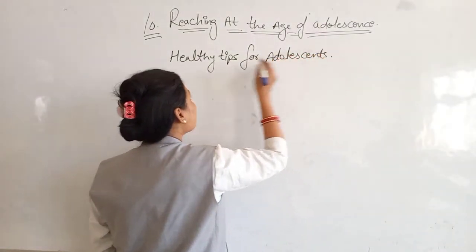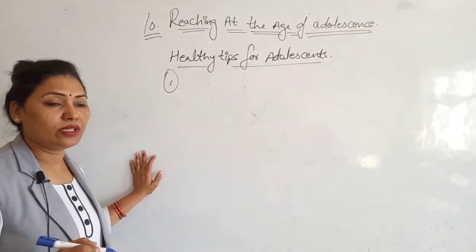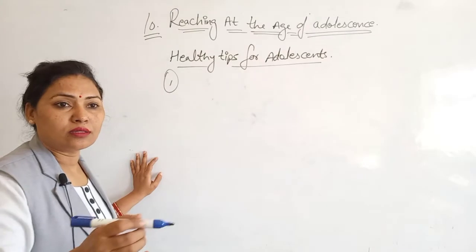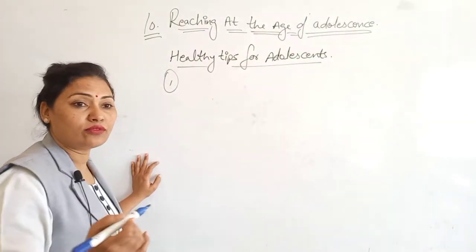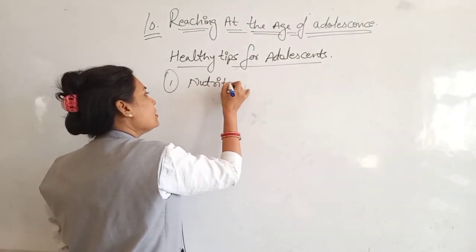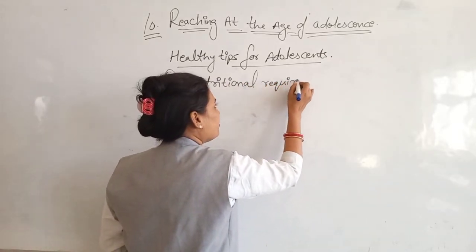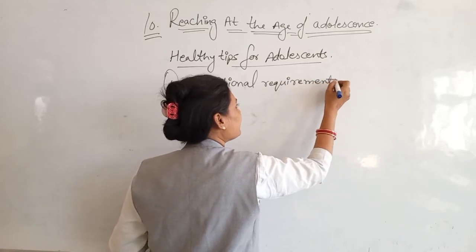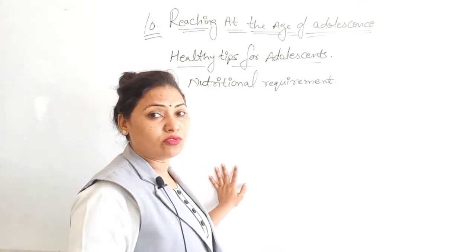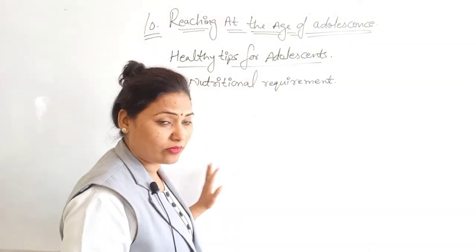okay. So first is nutritional diet, means we should take the nutritional diet. We should not take the fried food, we should not take the other food that is in our daily life. So, we have to take the nutritional food. So, write one. First is nutritional requirements, means we have to take such type of food that contains the required amount of carbohydrates, proteins, vitamins, minerals, in the right proportion. So, we should take such type of food.